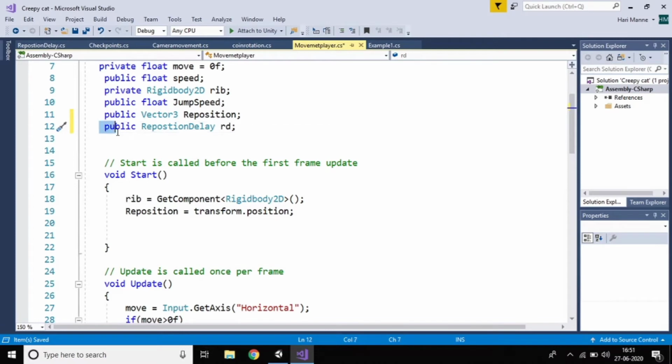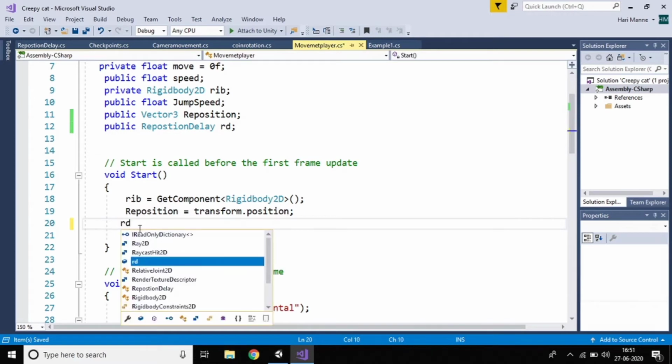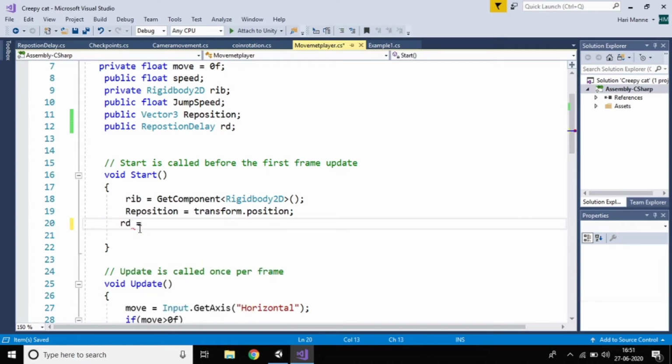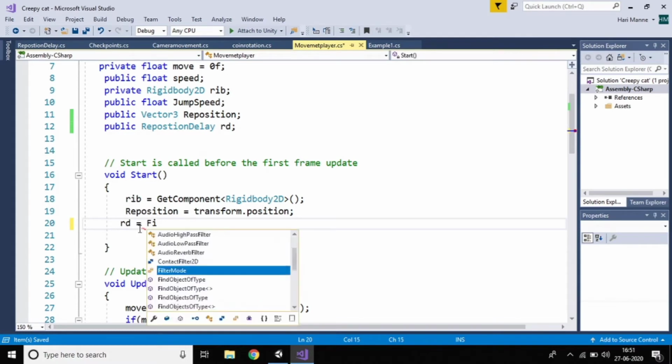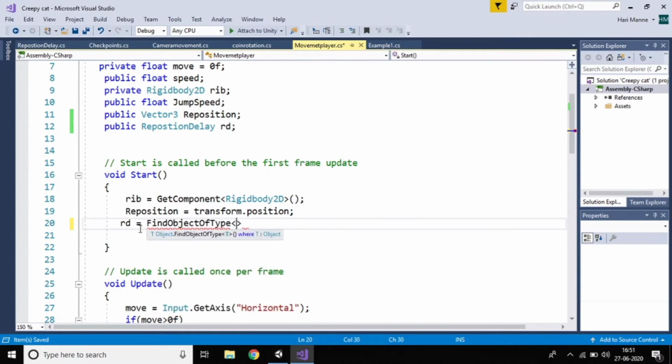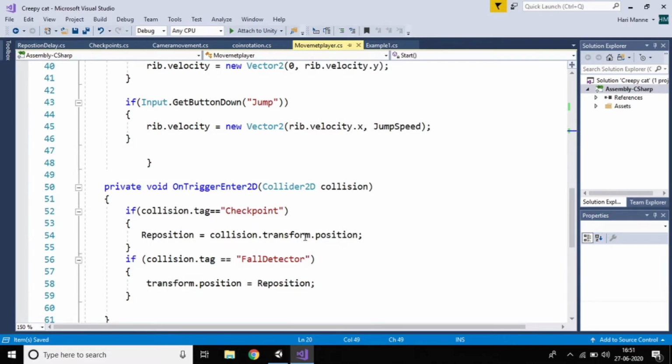And all of us know how to do it, we need no drag and drop. If you forgot, you get an error. So no need to do that. We already did before how to do it. Just RD equal to, RD equal to FindObjectOfType. Like that you can do it, because you came to know this trick. The name should be the same, just copy paste this name. It's a script name, it should be the same. And control S, save this one, and go down.